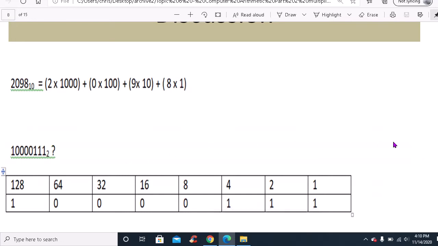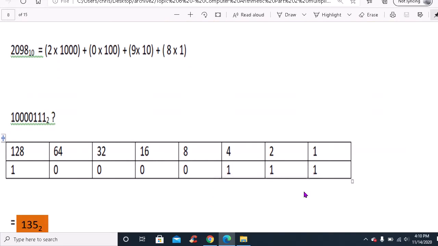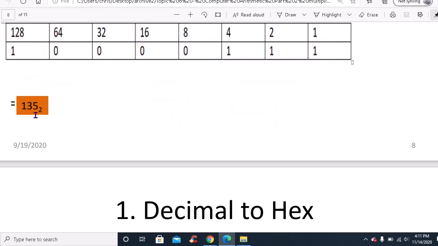And a little bit of work will actually indicate that it's equivalent to 1 times 2 raised to the power of 7. So I'm starting at the other end, which is 128, plus 0 times 64, plus 0 times 32, plus 0 times 16, plus 0 times 8, plus 1 times 2 raised to the power of 2, which is, whoops,